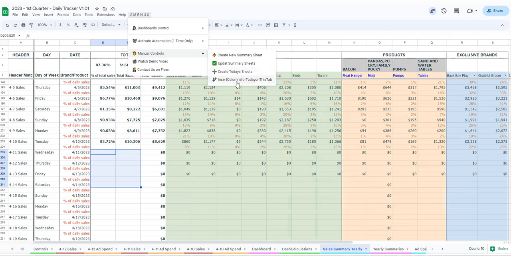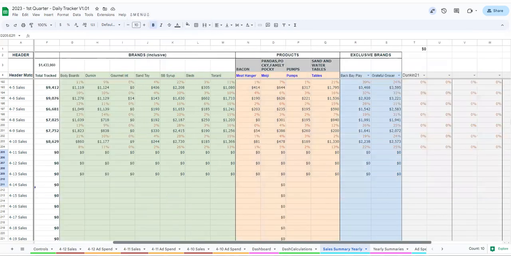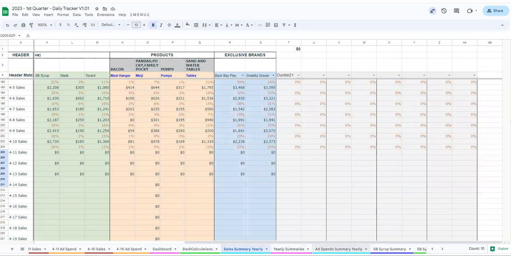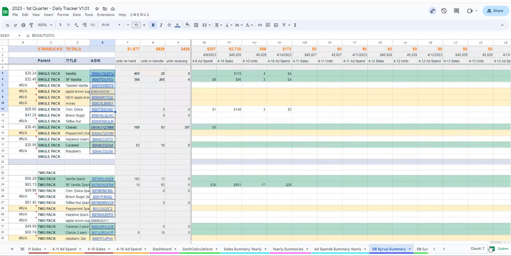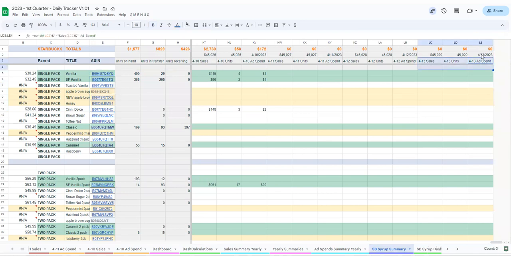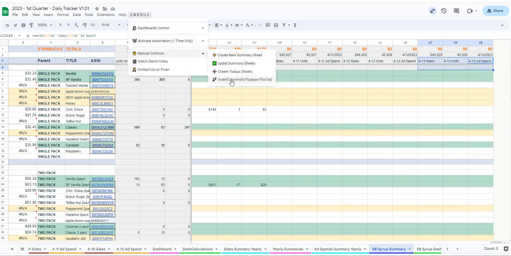Yep, this is for the insert columns in case you want to add more columns on the right side of the summaries. Similarly, like the other ones, if today is 13th April and you cannot see the column for 13th April, you can always jump on the menu, go to the manual control and insert the columns, and this will update the columns. But you are not going to use these three because these are automatically updated in the trigger